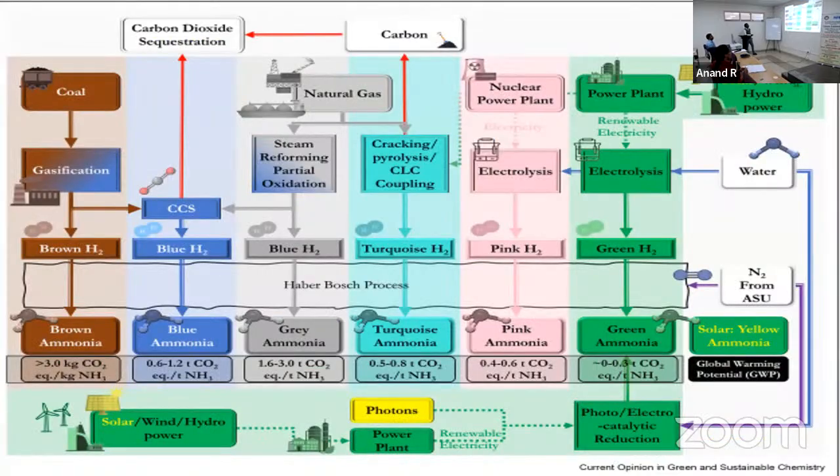So this is the general way to identify the different categories of how we are going to produce ammonia from various sectors. You can see here brown ammonia, blue ammonia. What do you want? We want green ammonia, or brown ammonia, or blue ammonia, or grey ammonia, or Turkish ammonia, or pink ammonia. Accordingly, there are several systems to be added for LCA analysis.